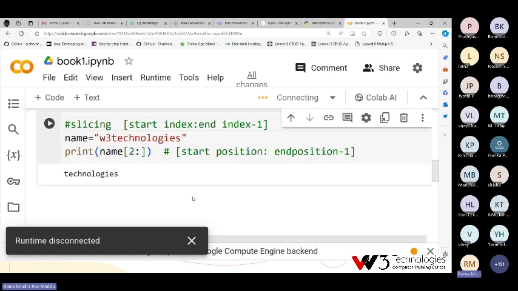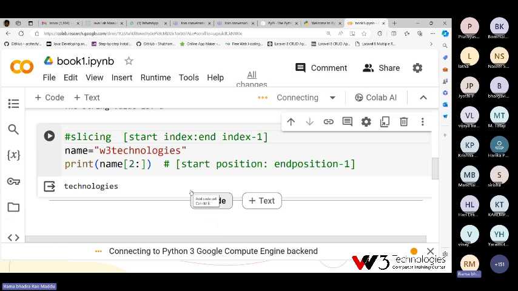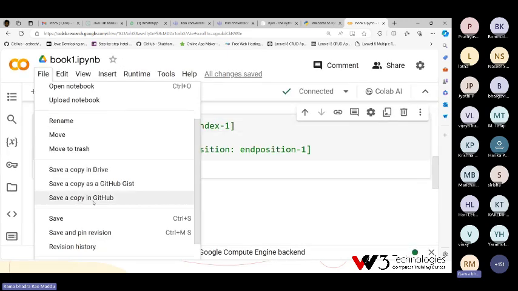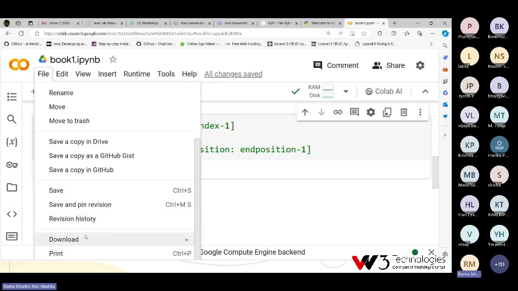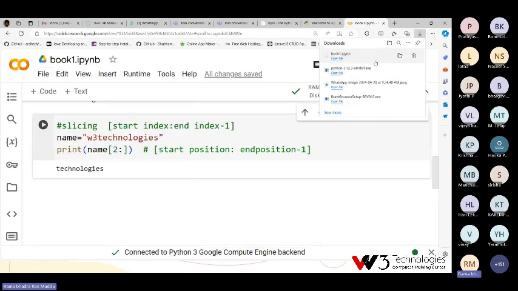So why do we need to use the Python online compiler? One student asked. It is nothing but no need to install anything. Python is available in the cloud, Google, and you can export this sheet very easily and save it in your computer. Whenever you require, you can open it again, just like a Python notebook.